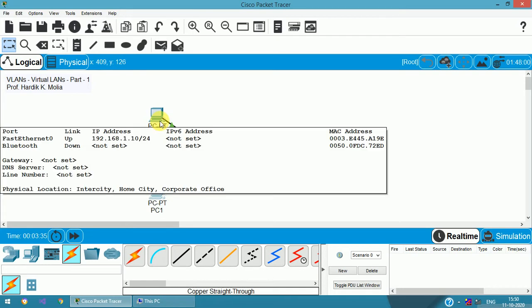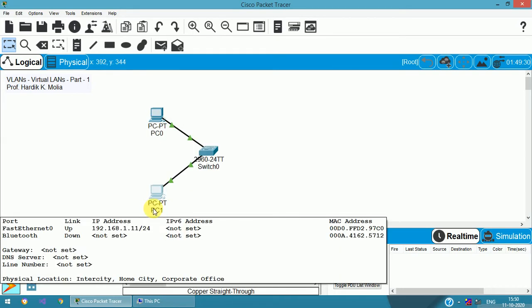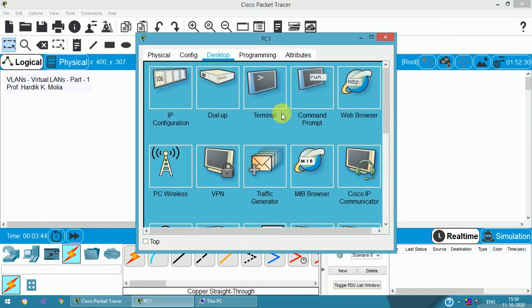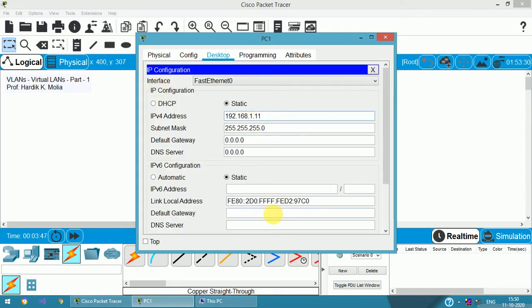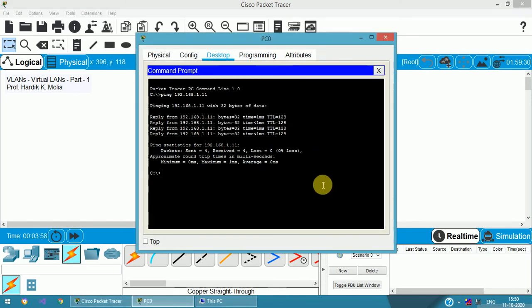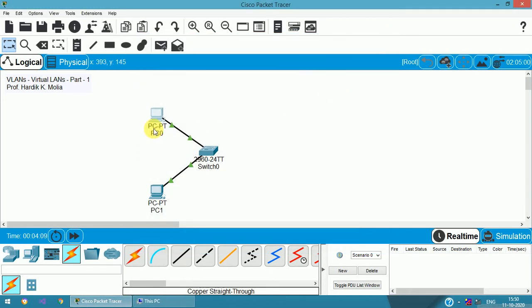As you can see, the IP addresses of both the computers are from a single VLAN. Now if I change IP address of PC1 to something like this, 192.168.2.11, and then if from the command prompt I try to ping it, then here you can see we will not get any reply, because now PC0 and PC1 are not in the same VLAN and our switch is only a layer 2 switch.